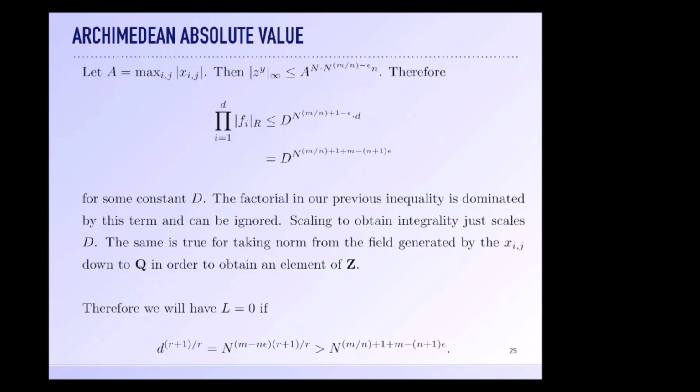And so each f_i sub r will be bounded by D to this power. This is just this, where I've sucked the n into the a, and since I went to a larger radius, I have a factor of 2, and I suck that all into my D. And then there's little d of them, so I raise it to the dth power. Okay, and remember what little d was. What was my little d? That was the dimension of this interpolation matrix. So that was n to the,